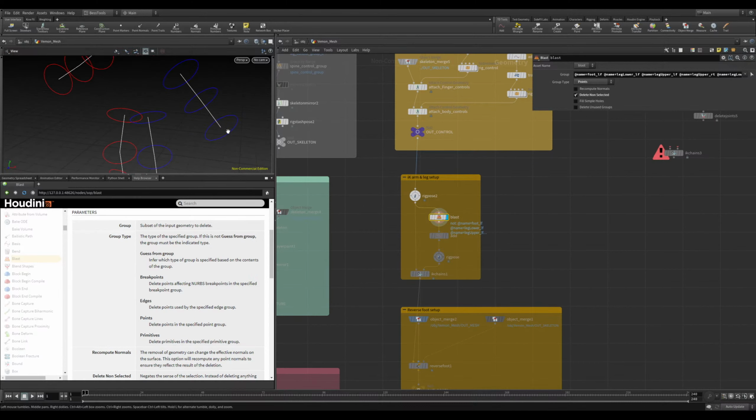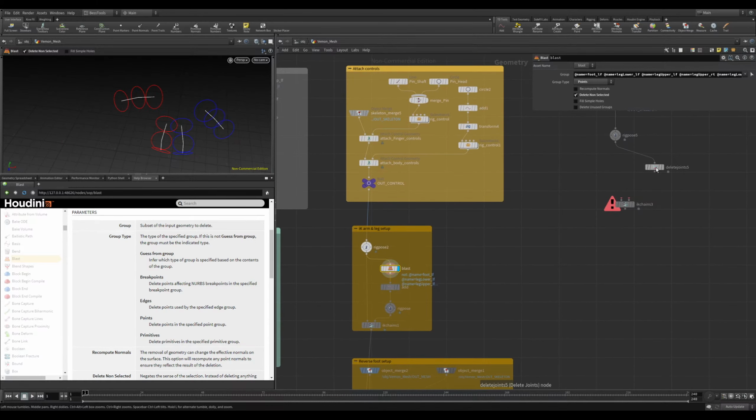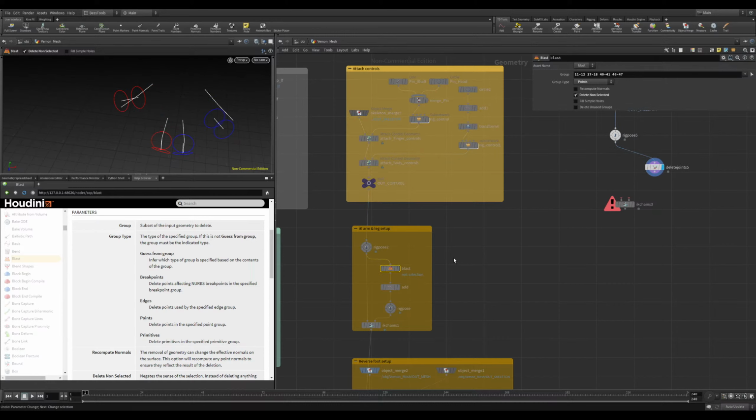See, we deleted the same thing. So it really is sort of the same node, just with a little different icon and less deals going on for geo. Okay, so then we're gonna go back to delete joints. So we have this, and we're gonna do the same thing here, which is the add,